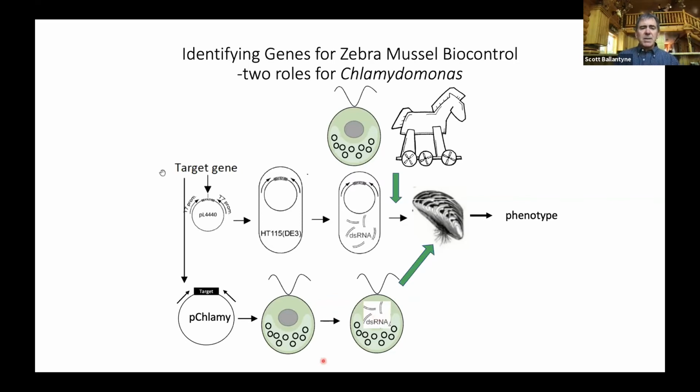So I made some progress with the second approach. I was on sabbatical last fall, and I was able to design a plasmid that we creatively called P-Clammy. And that plasmid is based on the shrimp paper, but I tweaked it a little bit so that it's better able to receive our target gene. And Lindsay and Margaret went on to make the plasmid and show that it works. We put a few target genes into this plasmid. And it's actually a project for my molecular biology course this semester to put this plasmid into clammy. It turns out it's not a single step. It's actually fairly complicated, but hopefully we get that to work and we'll have some of those algae available to test next summer.